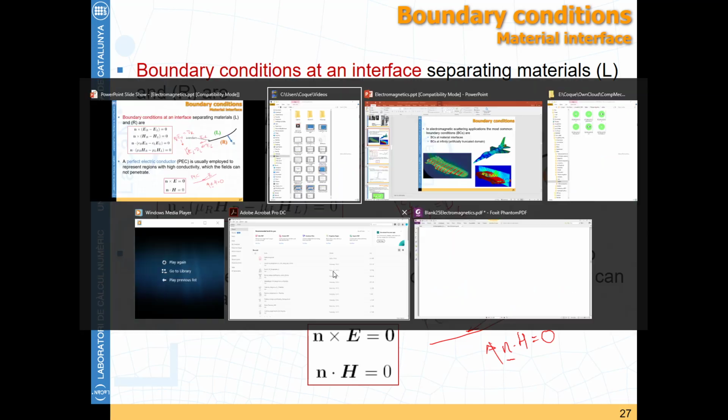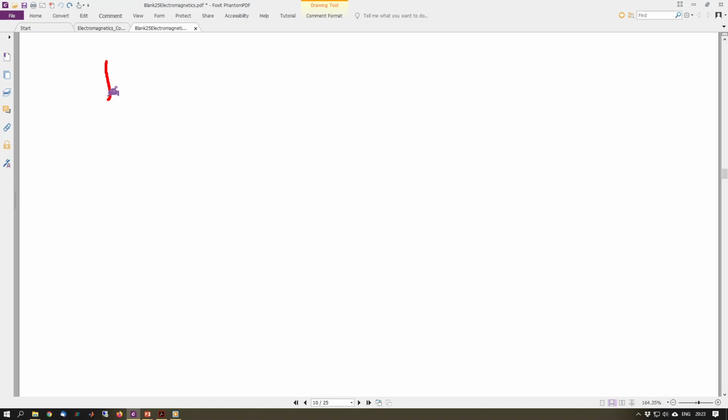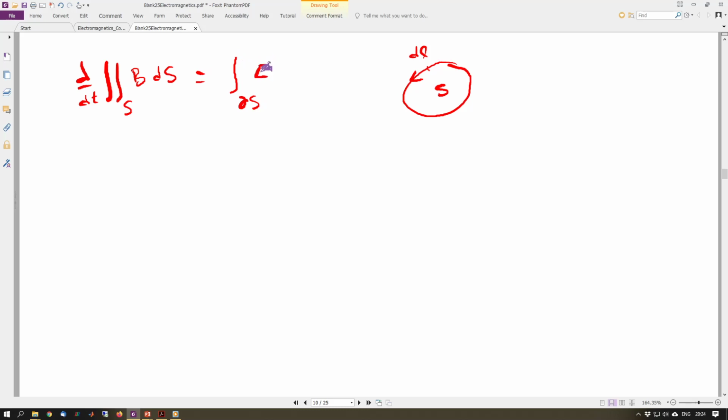So where does this come from? In order to deduce these boundary conditions, you need to consider the integral form of Maxwell equations. The integral form of Maxwell equations is nothing else than having the integral of the derivative of our B, considering a surface surrounded by a given integral around the boundary of that surface. So if we integrate the time derivative of our magnetic flux, it's equal, that's the integral form, to the integral on the boundary of our surface of our electric field, so coupling